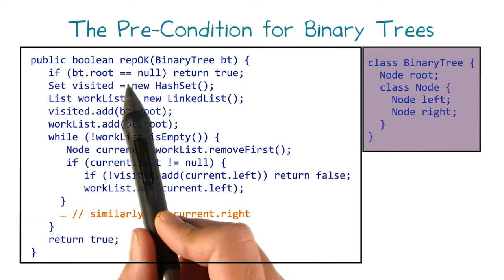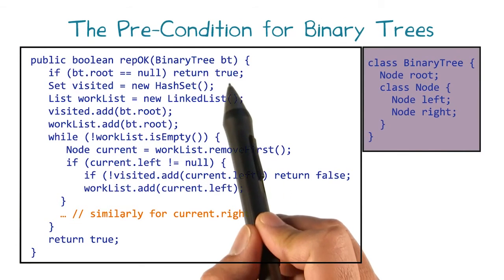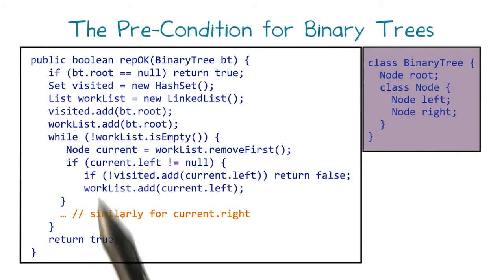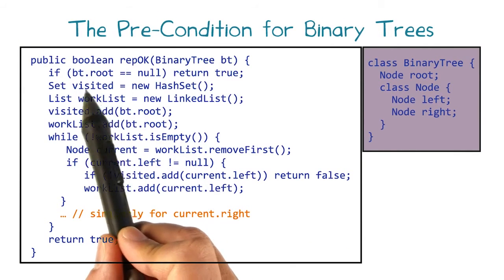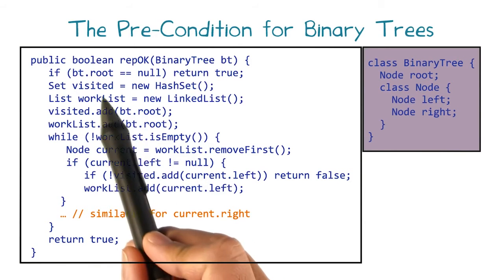It is a function called repOK in Korat terminology. It takes as input a binary tree object BT and returns true if it is a valid binary tree and false otherwise. In addition to this requirement, the repOK function must be careful not to access unnecessary fields of the binary tree object BT. Recall that Korat will monitor which fields this function accesses. So, the fewer fields that are accessed, the more Korat will be able to prune the space of candidate vectors that it considers. The repOK function starts out by checking whether the root is null.